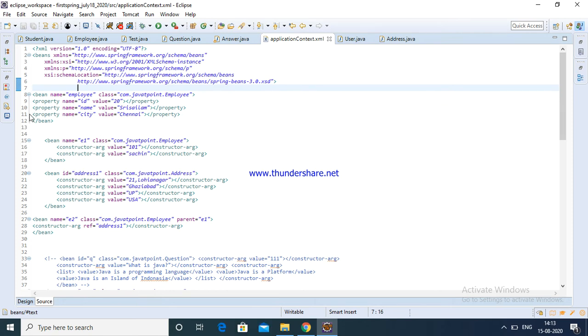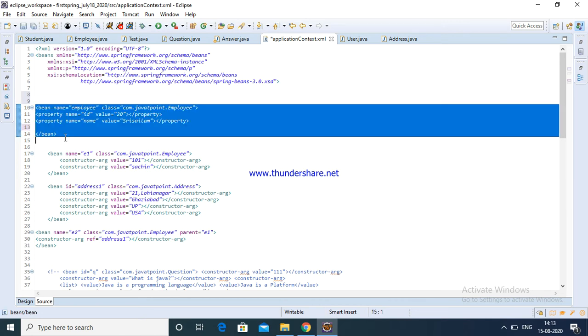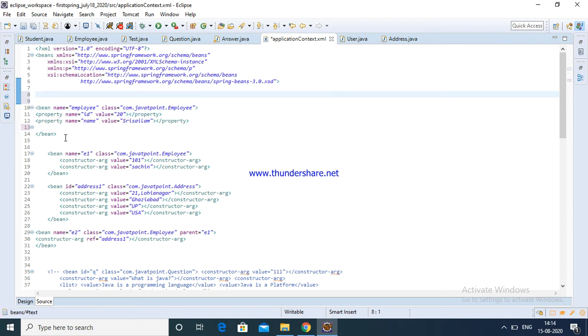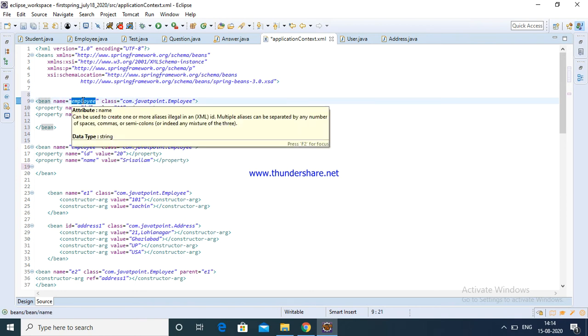Employee has no property for city, so I am going to remove this property. Here I am going to configure the same property for the address class. Just copy and paste here: address.